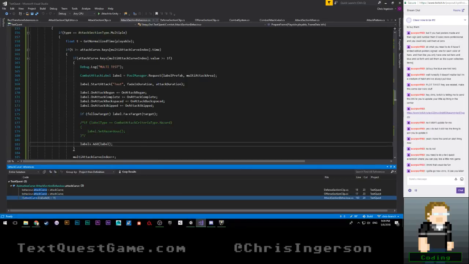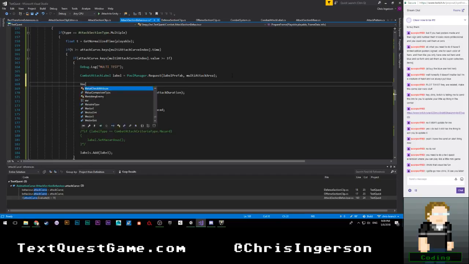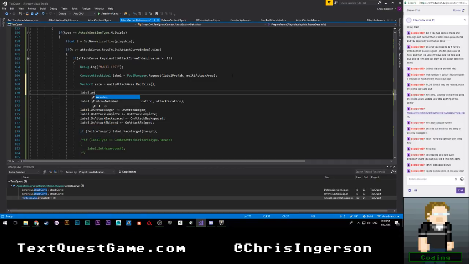All right, so we'll save that. We're going to come up here. And then we are going to go ahead and say vector 2 size is equal to multi-area or multi-attack area dot rect size. Okay. Then we're going to say label dot anchor. Ooh, right. Okay. Dot cache transform dot anchored position is equal to new vector 2